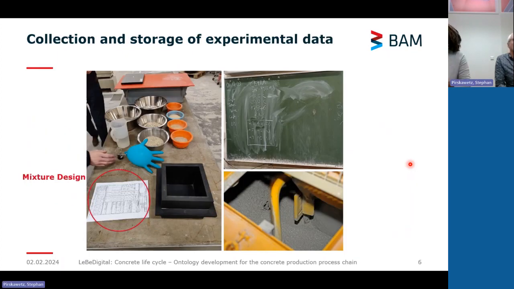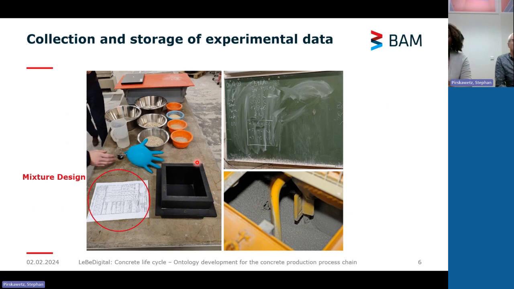Collection and storage of experimental data. So the pictures you are seeing right now are an overview of what happens in a concrete lab. Every concrete production starts with a mixture design. So we have the mixture design where parameters are written, like the water-cement ratio and even the different components with their quantities that are to be put inside a concrete. We also have, as you can see on the left side,